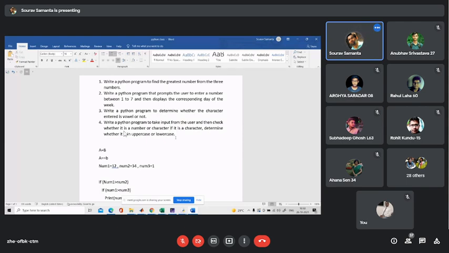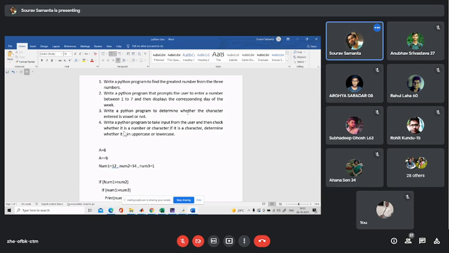So when you check the logic, you understand the problem definition. Write a Python program to determine whether the character entered is a vowel or not. So the user can give any input. You have to test whether it is a vowel or not.